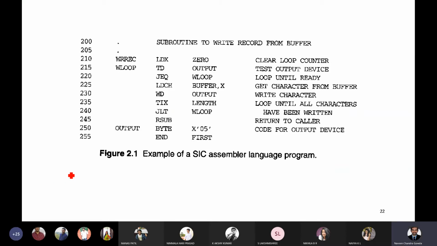See what is happening. Here is the input device, so I'll call this the input device. From the input device, you'll be reading the data. And I hope you also remember that you can read only one byte at a time. This I told you so many times. You can read only one byte at a time, not more than one byte at a time. As soon as you read, that byte which you read will be stored into the accumulator register.